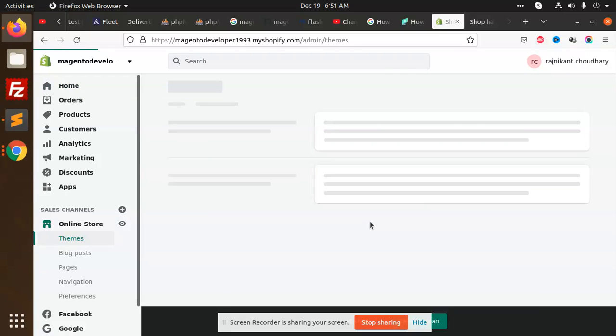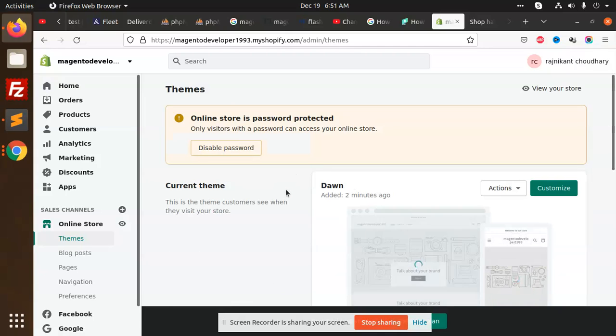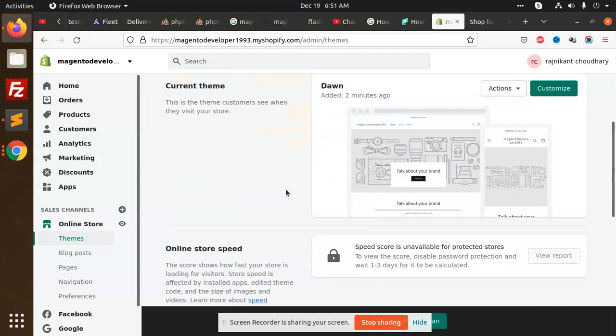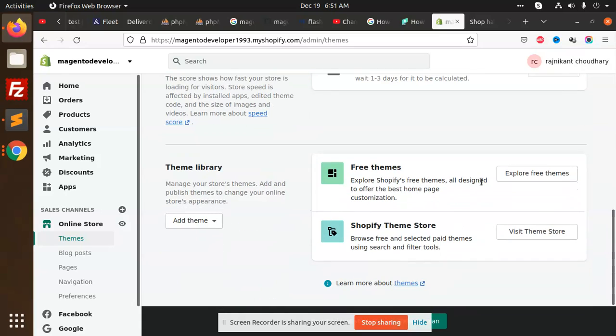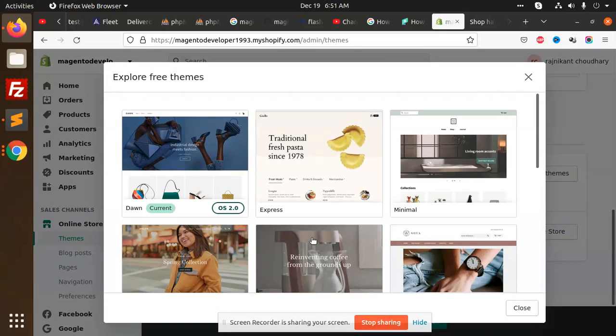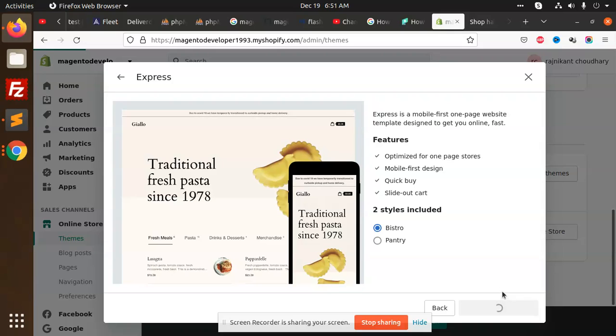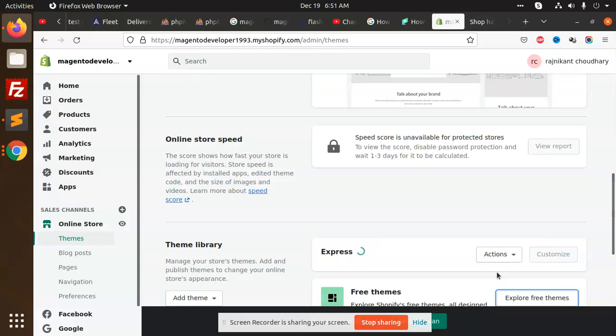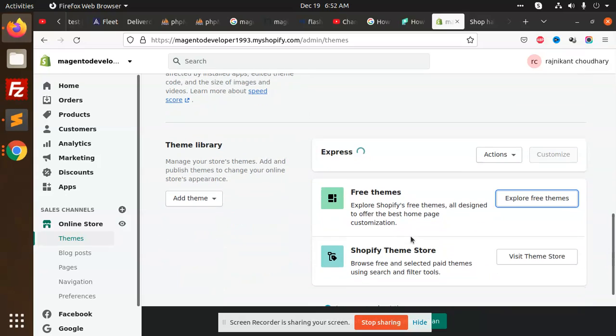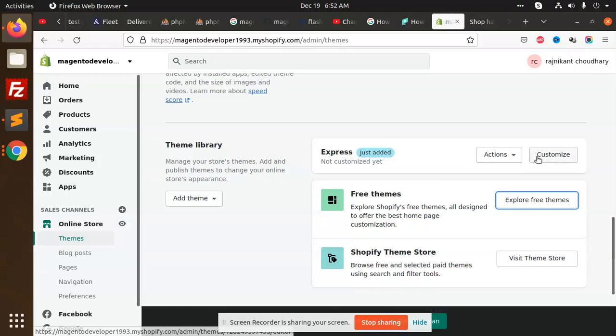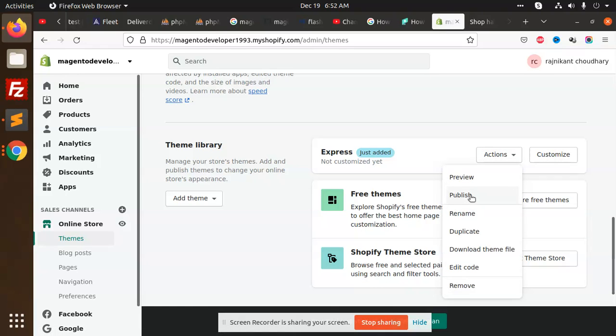After that, customize theme. We are going to choose the theme over here. The current theme is this. Explore free themes. I have just added this theme. Action, publish.